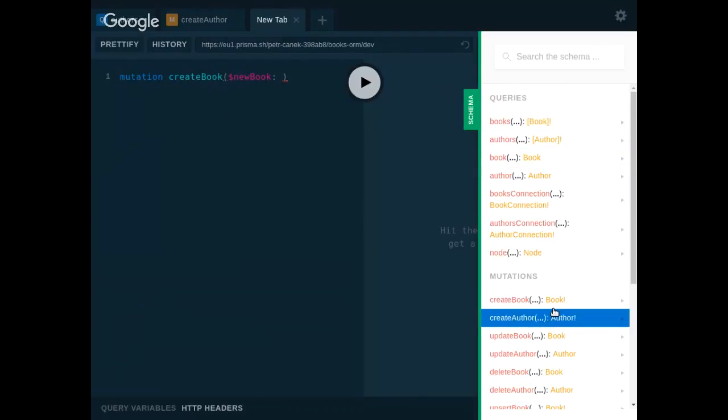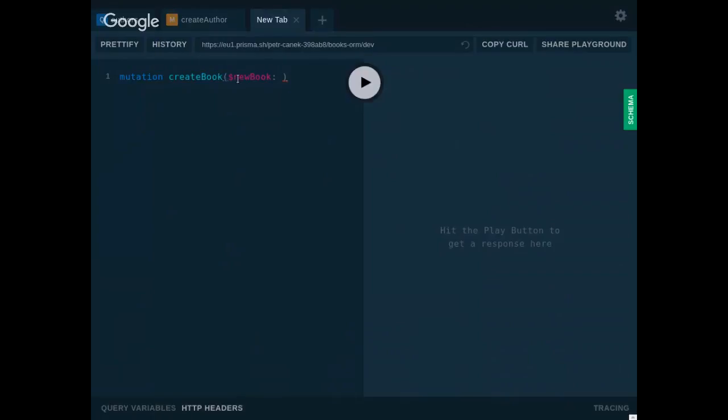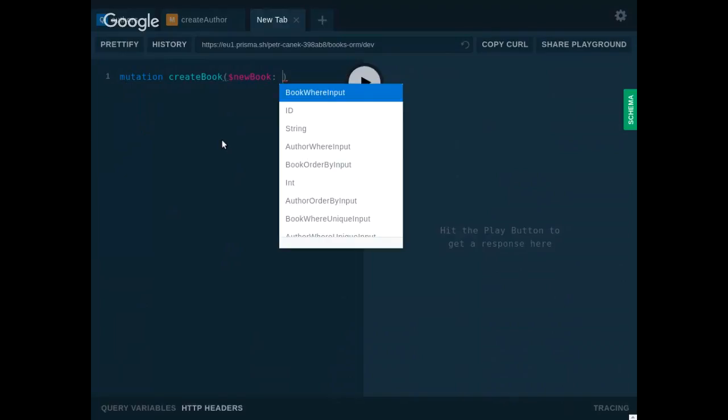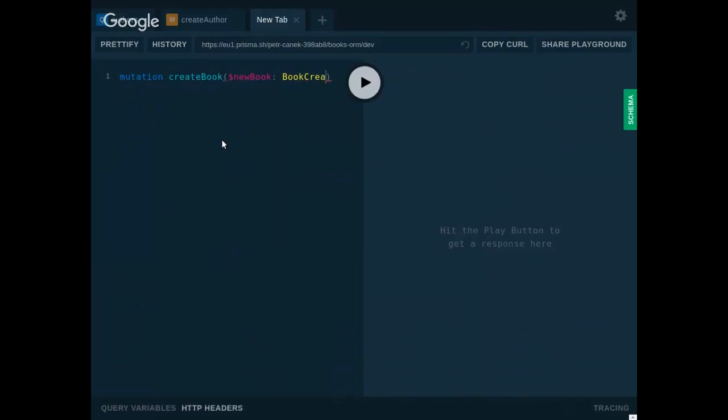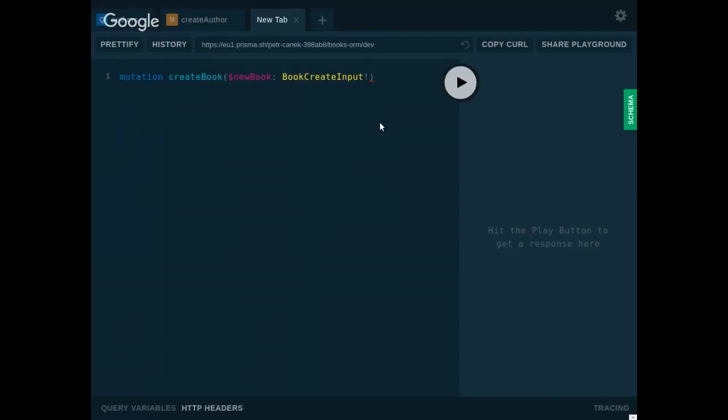Create book would be of type book create input, which I will put here with the exclamation mark. Create book, prettify. Book, and I want to get ID, name,